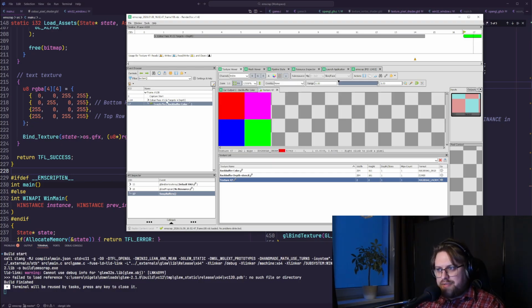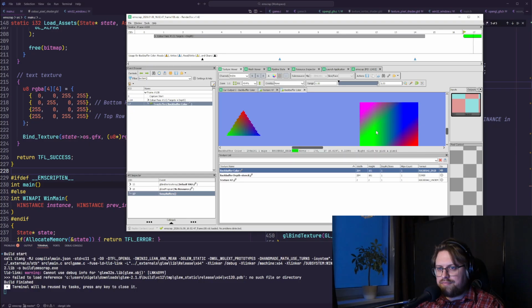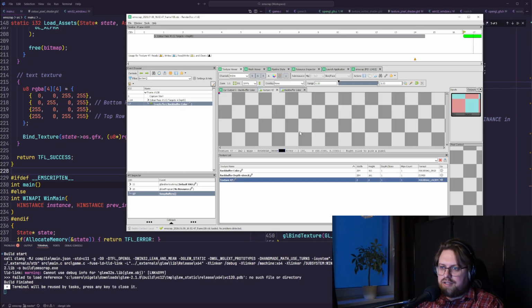When we look at what's actually being drawn, this is just wrong. So the red one that should be in maybe the top left corner or the bottom left corner, it's on the bottom right corner. The color next to it,